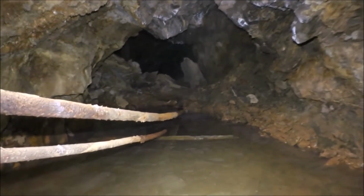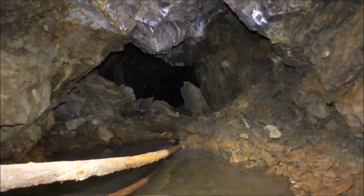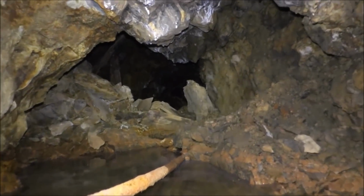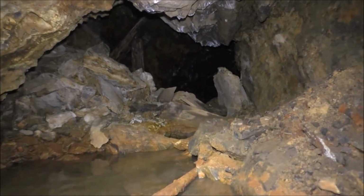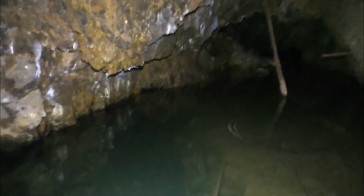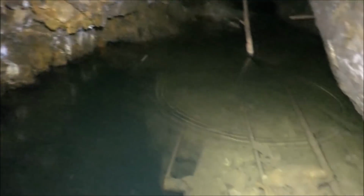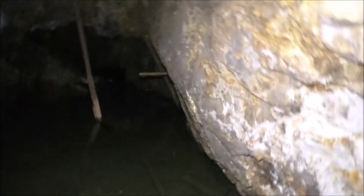Hopefully this will join up to some other areas and doesn't dead end, because it might dead end because you got, looks like there's a railway pulling a track up. But we're heading to the left, which is where the other compartment was going down, so I gotta be careful I don't slip into there, huh? No, it certainly goes down there. Oh, I don't want to slip into there. Not like we can't swim, but